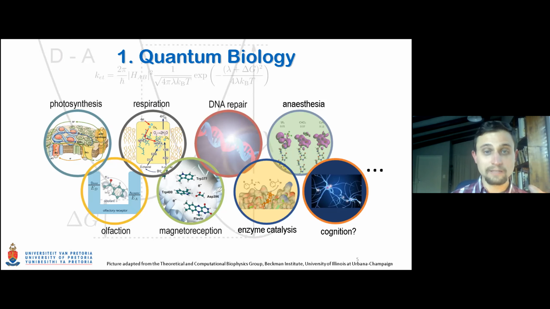So what has been proposed is that in the eye of the bird, there's a molecule called cryptochrome, and when that is activated, a delocalized state will form between the cryptochrome, which is a donor, and an acceptor, and it will transfer an electron, but not completely. So a delocalized radical state will form, an excited radical state over both of these two molecules.